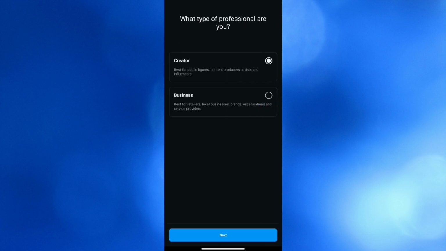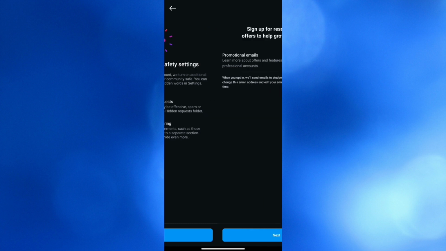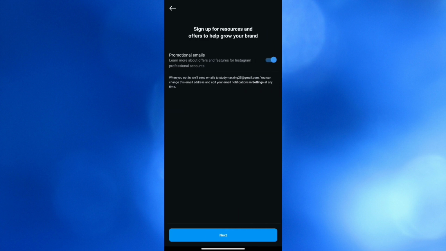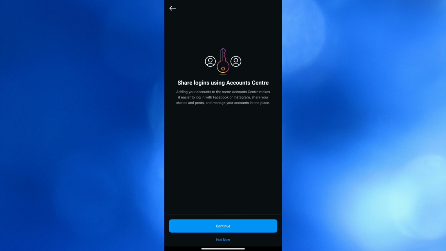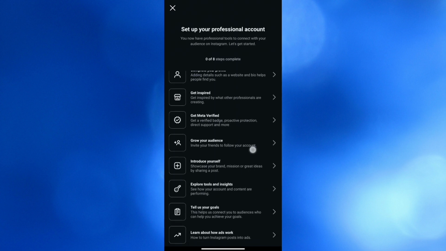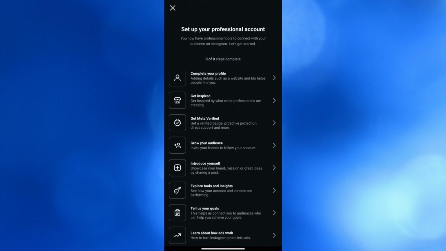And after that, you will be directed in here and it will ask you what type of professional are you, but I'm going to choose creator. Then click the next button and click OK in here. And again, click the next button in here. And from here, you have the option to share logins using Account Center. Or you can click Not Now, and after that, it will ask you how you can start setting up your